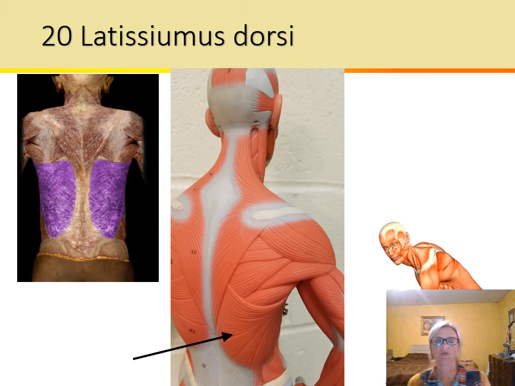Latissimus dorsi, and for some reason I really like that word, latissimus. But think lat or lateral, and so these are on the sides, and a lot of times us older women really like to work on these to try to get them not flabby. And so latissimus dorsi means very wide back. You can see these are some wide, long, lengthwise muscles, and these help with adduction, extension, and rotation of